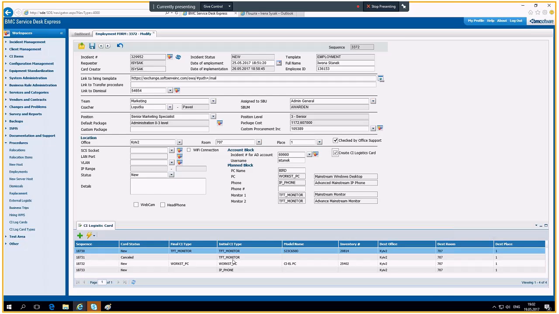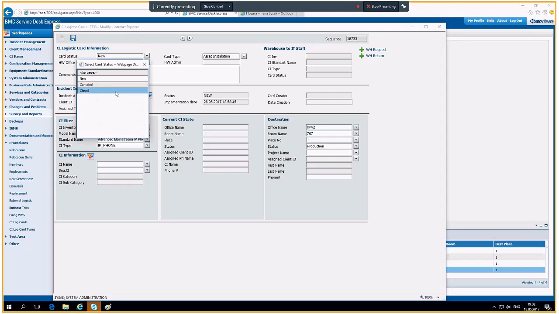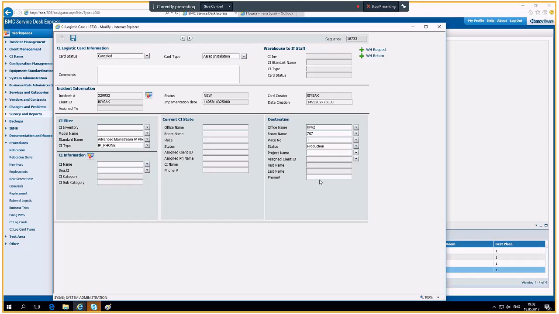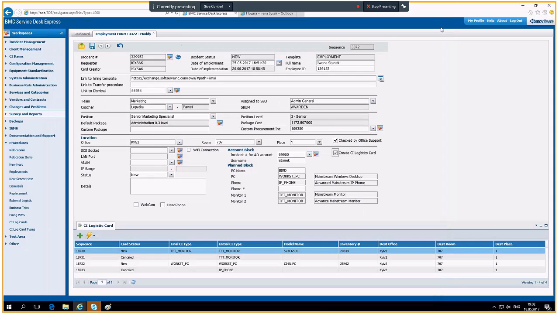And for example, doesn't need it as well. So close it. And it means that this equipment will be provided to employee. This two inventory, this and this. And